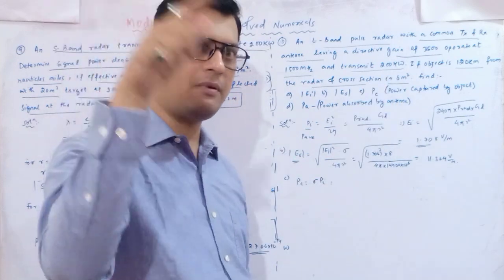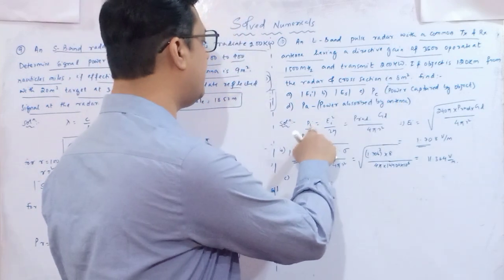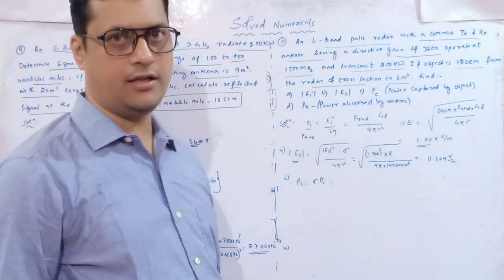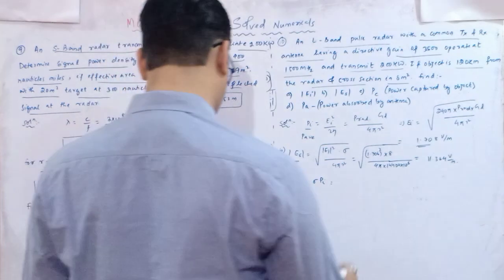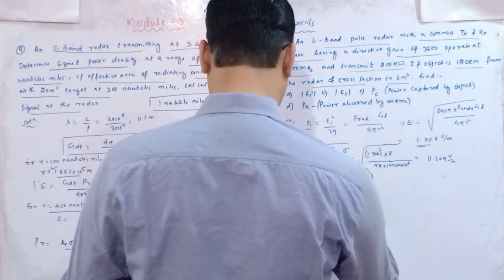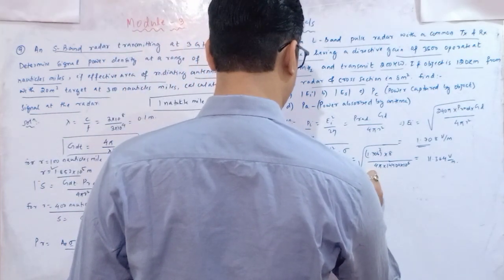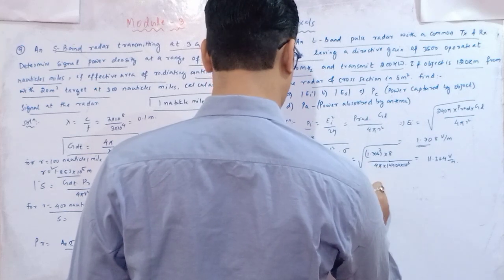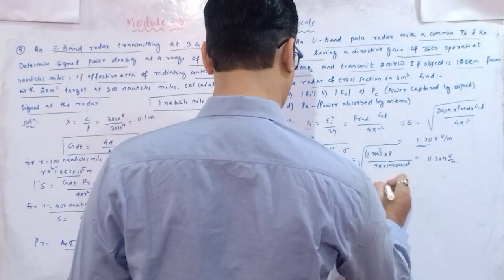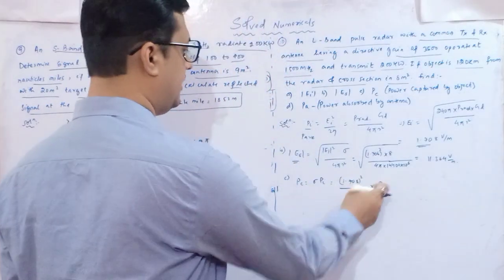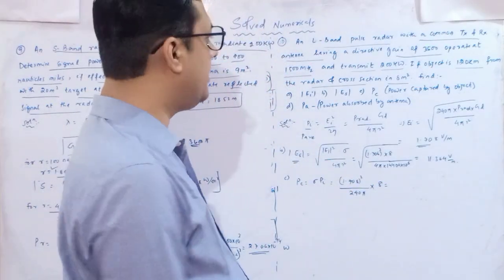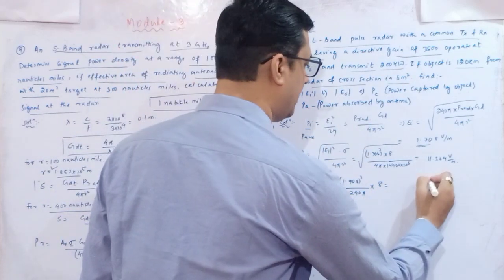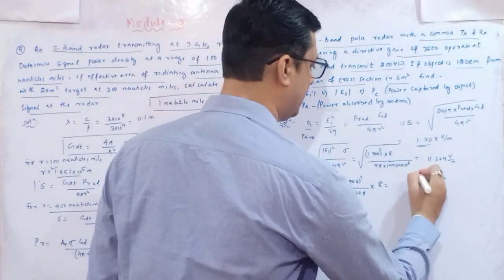This effective area is given as 8 meters square. What is the incident power? Incident power we are getting with respect to Pi. So that is around 200 kilowatt. So directly I will substitute here. So it is 1.708 whole square divided by 240 pi into 8. Okay, 8 is the sigma, that is the received area. You can write, in place of sigma you can write effective area of a receiver like this.